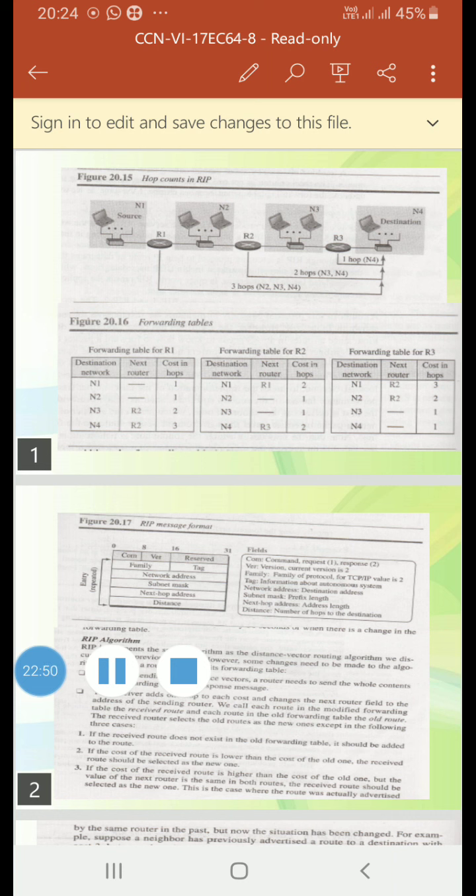A router in this protocol basically implements the distance vector routing algorithm shown.